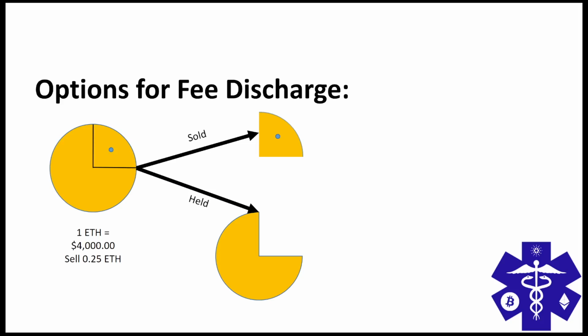So I sold a quarter of ETH and I discharged the whole fee to purchase the ETH initially in that pizza slice. And what's left, or what I'm holding, is 3/4 of an ETH, and there's no fee anymore inside the cost basis of what I'm holding. So I sold a quarter of an ETH along with the discharge of $2,